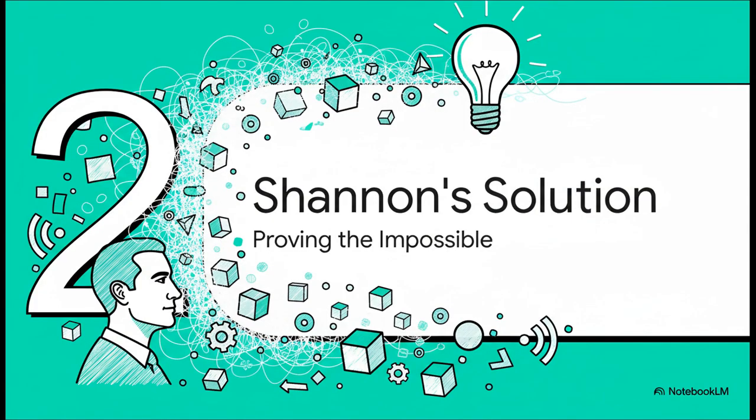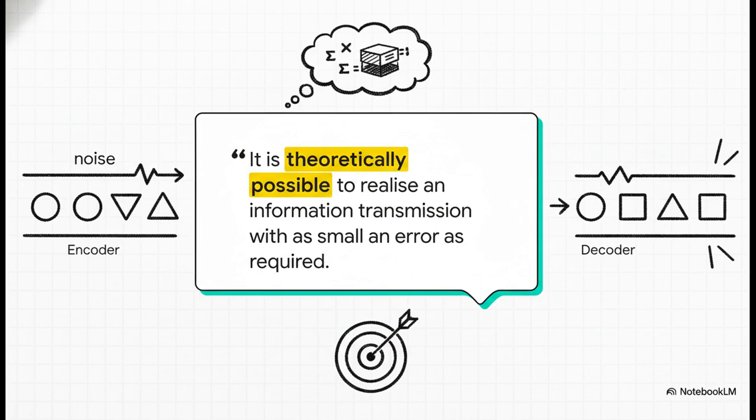So, with this constant, relentless barrage of noise trying to wreck all our data, how do you possibly fight back? Well, this is where the hero of our story comes in, a man whose ideas lay the entire foundation for the digital age we live in today. This is Claude Shannon, and back in 1948, he published this paper that changed absolutely everything. He didn't just offer a little fix, he proved, mathematically, that near-perfect, error-free communication over a noisy channel wasn't just a fantasy. He showed it was a theoretical certainty. He basically drew a finish line for all of modern engineering to aim for.